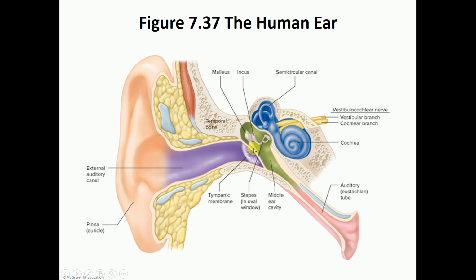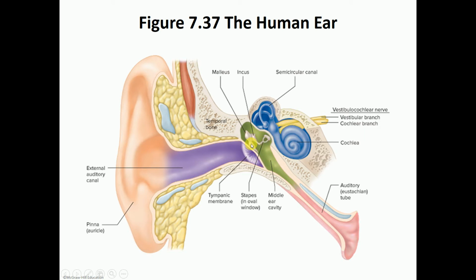The middle ear is a cavity found within the temporal bone, and it's full of air. It should not be full of fluid. In the case, for example, of a middle ear infection or allergies, the cavity fills up with fluid, and that's why it's harder to hear if you have a middle ear infection or are full of inflammatory fluid due to allergies, for instance. So again, the middle ear cavity is full of air with these three